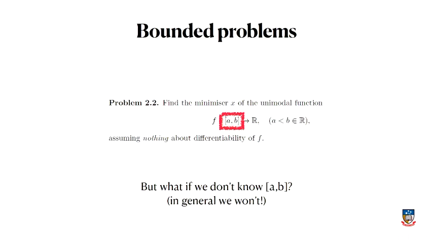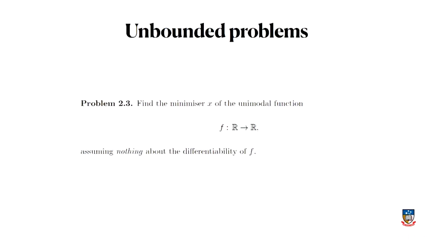then you don't necessarily know what the interval is over which that function is going to be unimodal, right? So you don't know where to start. So it's actually a pretty realistic thing that you're not going to know this interval a to b, and so you can't use this bounded approach. You don't have a bounded problem. What we really would like, in a lot of cases, is to solve this problem, where let's assume that we still have a unimodal function, so something that's got a unique minimum and it rises on either side of that minimum. But let's relax this idea about the